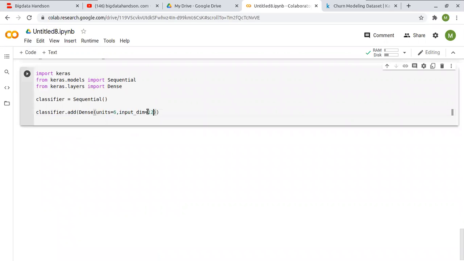So how can you select the number of neurons on the next layer? Usually it is a thumb rule actually. You can have the number of neurons half of the input features. So we have 12 features. Okay. The half is 6. So we have given 6 neurons. Okay. And then you have another parameter, that is kernel initializer.